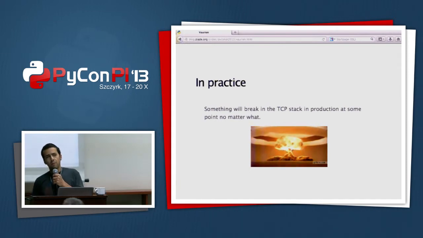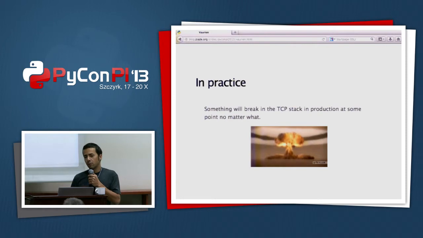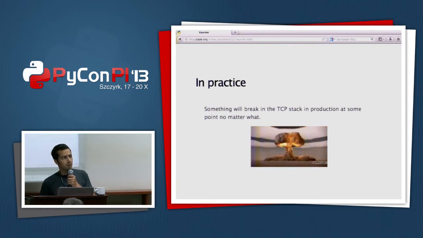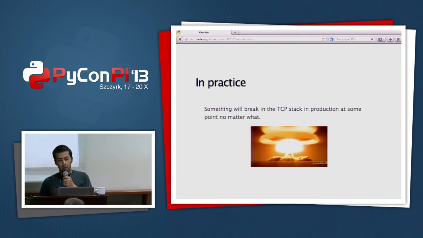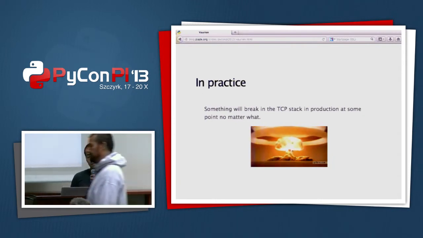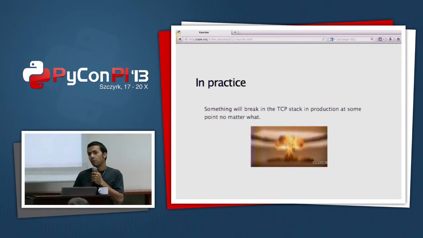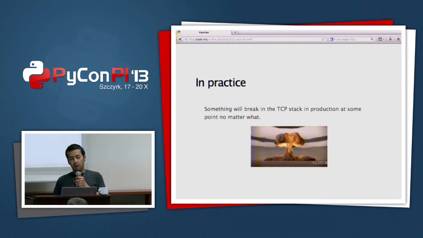It could be, for example, your LDAP server that works perfectly well and starts to break because its disk is full, or it could be a configuration you didn't set up properly. So in practice, whatever you do, you will break things at some point in production, no matter what.